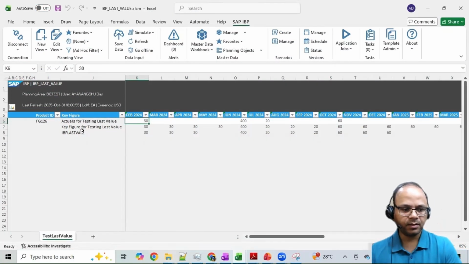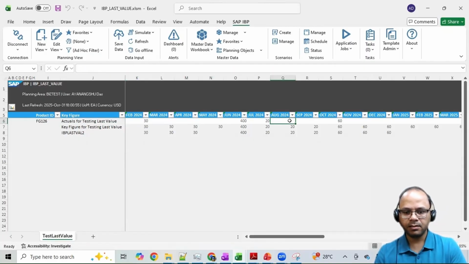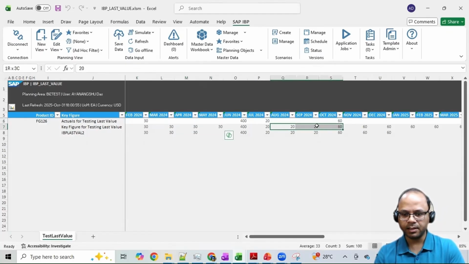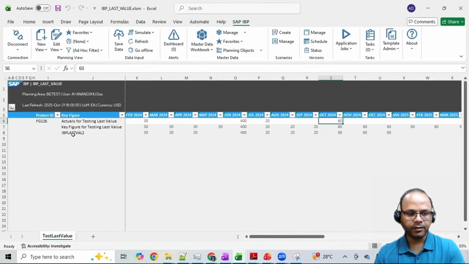So I have this actual key figure value, which is intermittently null. And I have created this key figure, which is carrying forward the last non-null value to the future months. So for example, this one is carrying to the future months. And then this value is getting carried to the future months. And then this last non-null value is getting carried to all the future months. I have created another